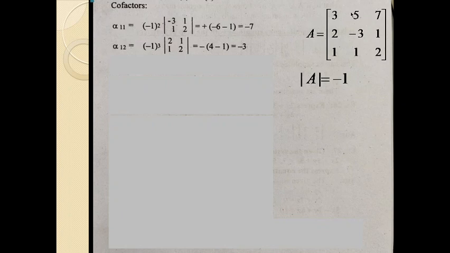So when 5 is selected, the remaining numbers are 2, 1, 1 and 2. So 2 into 2, 4. 1 into 1, 1. And here, what is this one? Minus this sign. -1 raised to 3. Since it is an odd number, the sign will be same. -1, instead of -1, they are writing minus. So 4 minus 1, it will be 3. Minus into 3, it will be -3.